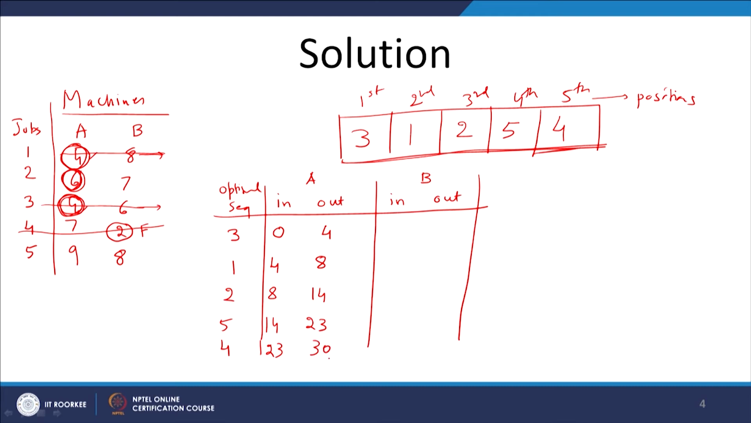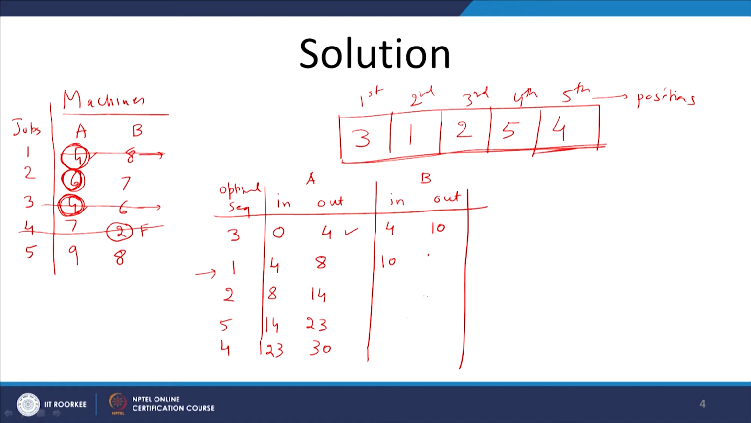Coming to the B machine, we find that the time in of the first job, that is the third job, is 4, because as soon as the time out of the A machine has been completed, it will go to the B machine, and this requires 6 hours. So, time out is 10. Again we have 10 over here as the first row,